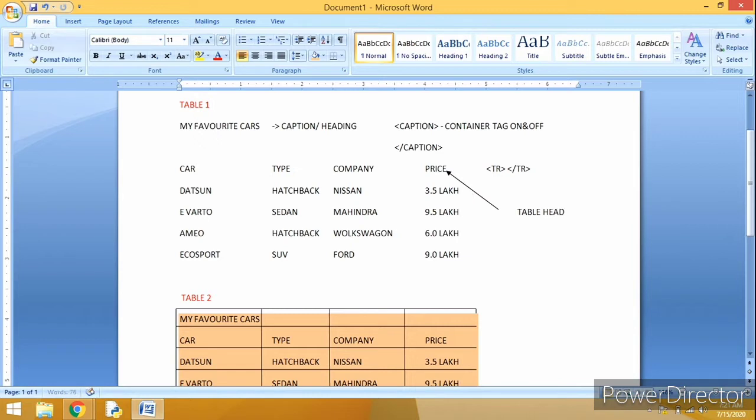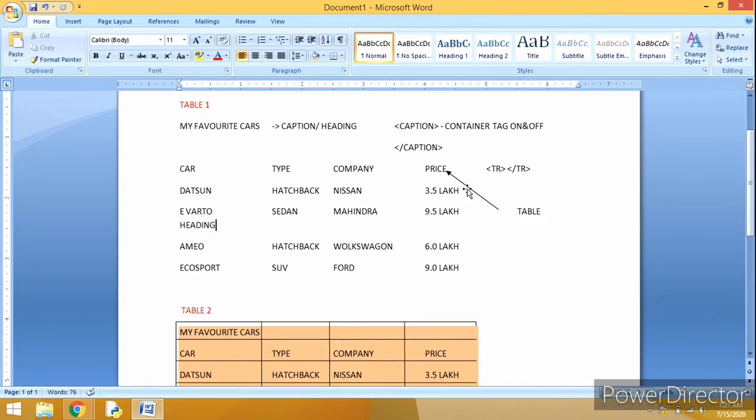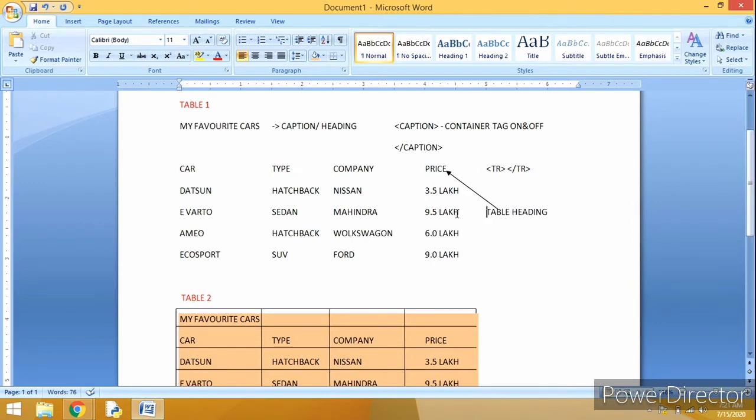It is a table heading, isn't it? So the table heading is created with a tag name known as the th tag. What is it known as? Th tag. Again this th tag is a container tag, so it requires the off tag.